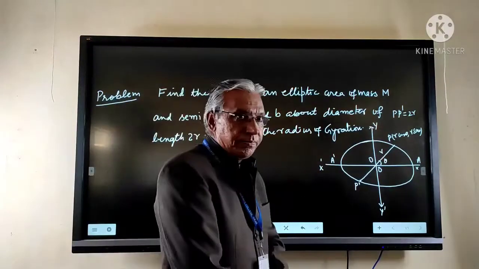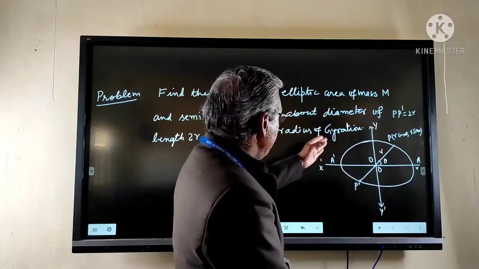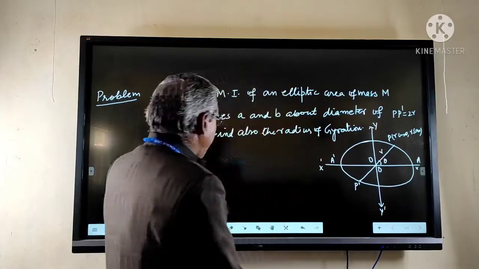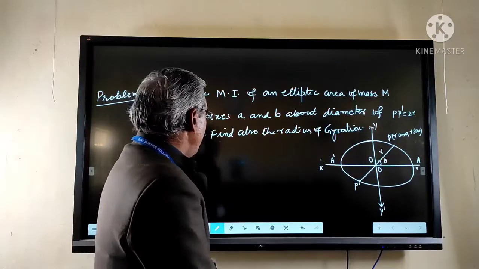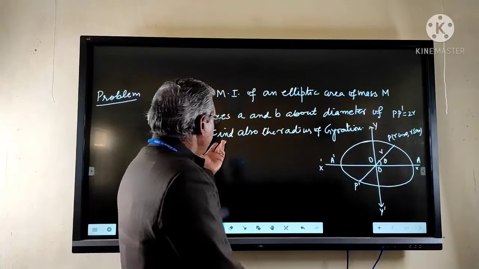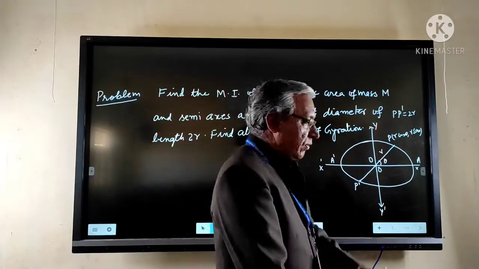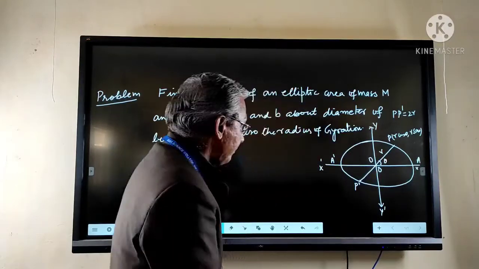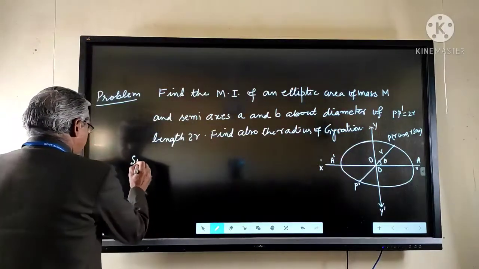A and B about diameter of length 2r. We also find the radius of gyration. Its solution is given by,